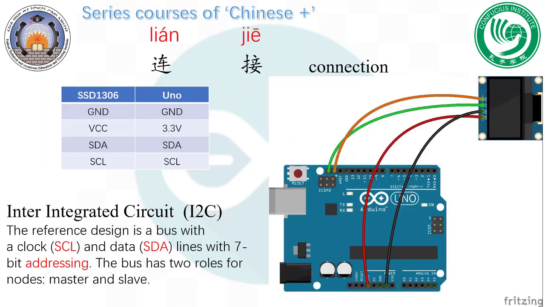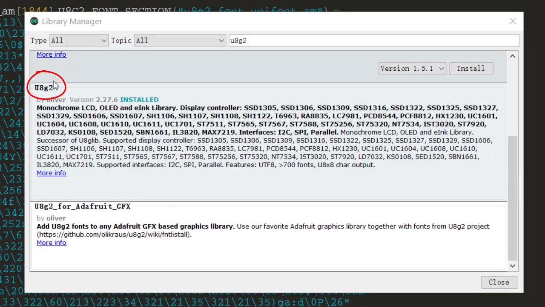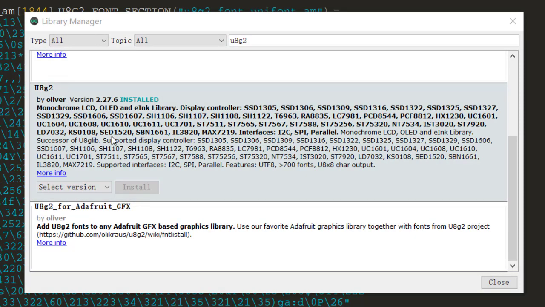This is how to connect the OLED display and Arduino. The protocol between OLED and Arduino is I2C. I2C we already introduced in the LCD display video. So we only need the SDA and SCL, two cables, and that is enough for communication. For OLED, we will use the U8G2 library. This library supports a lot of different